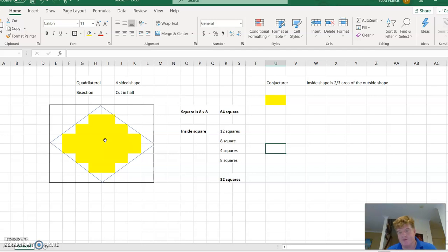You're going to be doing it with different shapes. You're going to be doing it on paper. And they're all going to be quadrilaterals, so different four-sided shapes like kites, rectangles, parallelograms. But that's just an example with a square of how we might start thinking about it. In fact, I did a little conjecture there once I saw the picture. And it turns out I wasn't quite as right as I would hope I was. Okay, I'll leave you to be thinking about that, and we'll be doing some work on this in